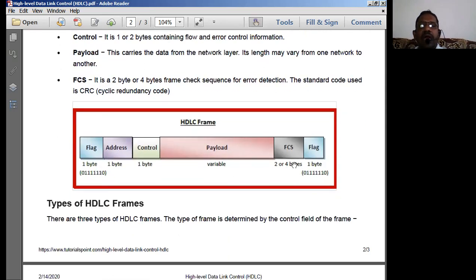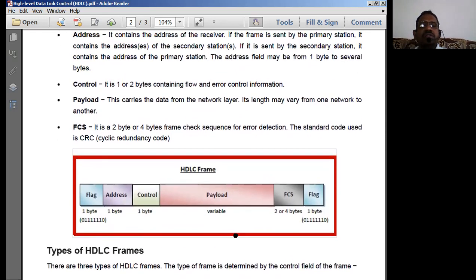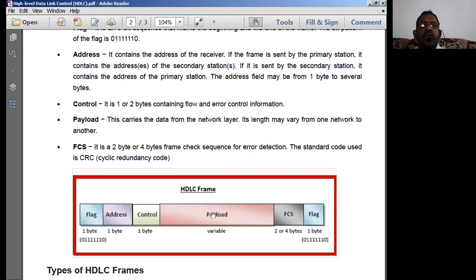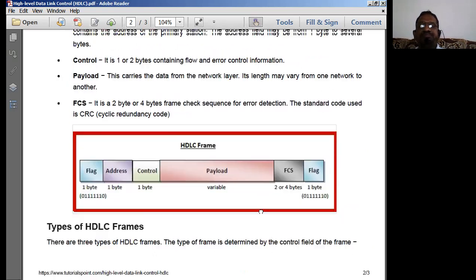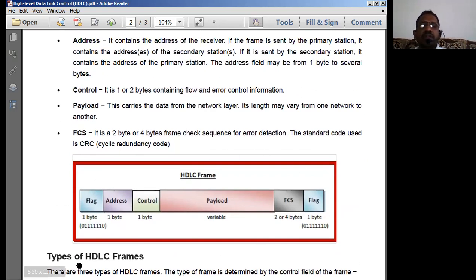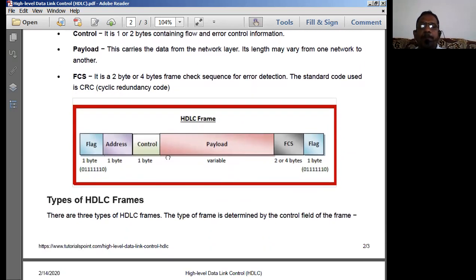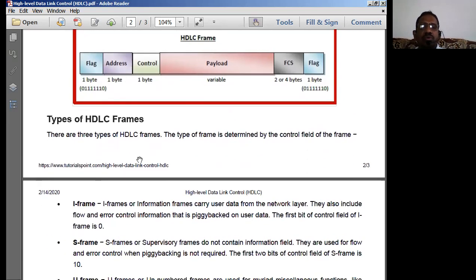followed by the flag register. The flag register is normally going to speak about the type of the data which is really being transmitted on the network. So these are all the various fields that we normally have in this particular HDLC framework. Okay. So this is the protocol structure of the HDLC protocol.